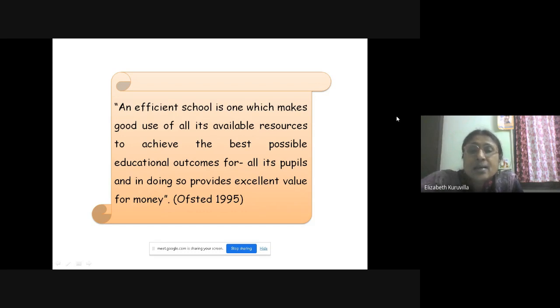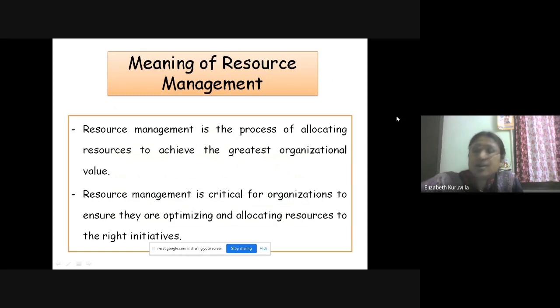It is the best utilization of these resources for the educational outcomes of all learners, and in doing so it provides excellent value for money. Why? Because there is a cost incurred in purchasing resources, so we have to utilize them at the maximum level.